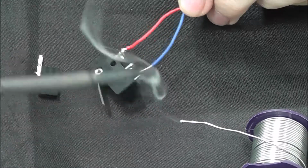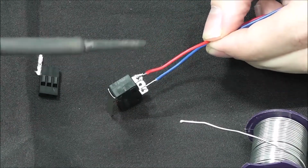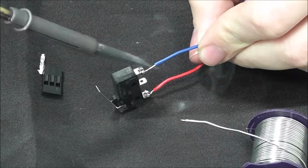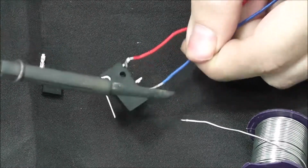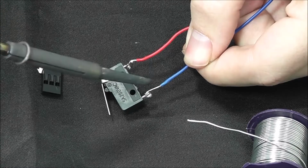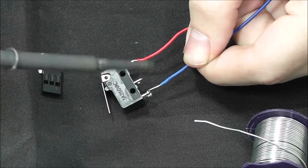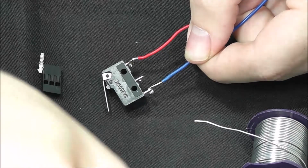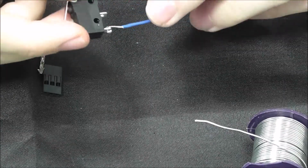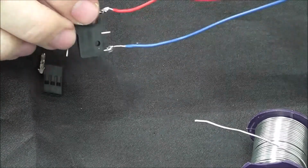And we'll do this and make sure it's all the way around. And we'll make sure to do both of them. A little bit more. Okay, and that's all of that. So we have our end stop. Remember to make sure that you skip the second one and just do the first and third, which are COM and NC. So we're going to flip it around here